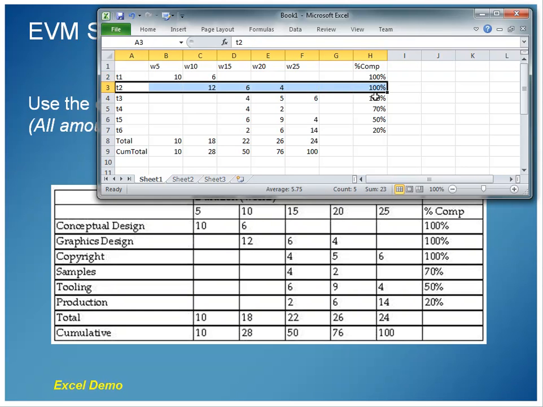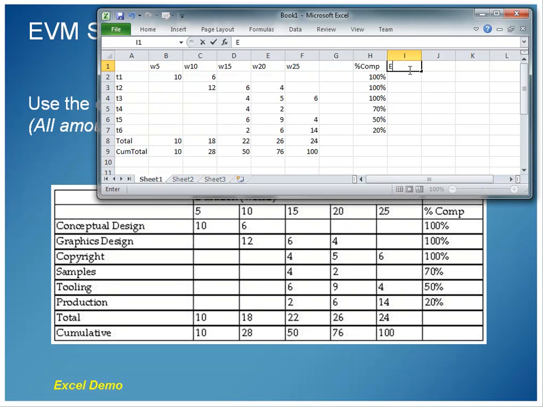Task 1, task 2, task 3, and I can do the earned value. The earned value is 16 times 100%. That's going to be 16. And the sum of those is 22 times 100%, so that's going to be 22. And I know the sum of those is 15 times 100%, that's going to be 15. But it's a little harder to say what's 70% of 6? I'm not real sure what that is off the top of my head. Or what 20% of 22 is. I could make a pretty good guess at that,